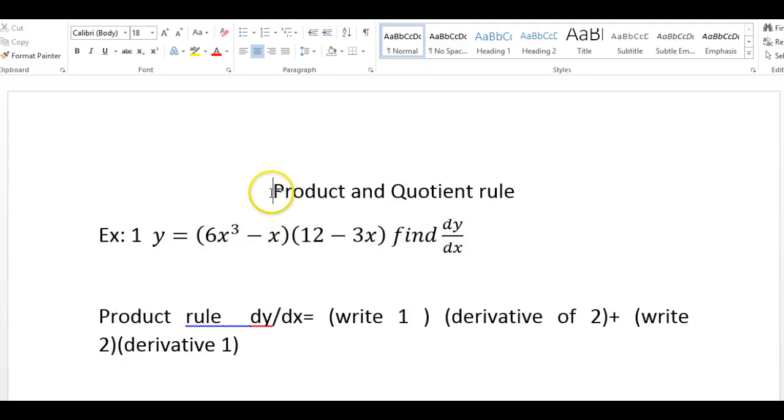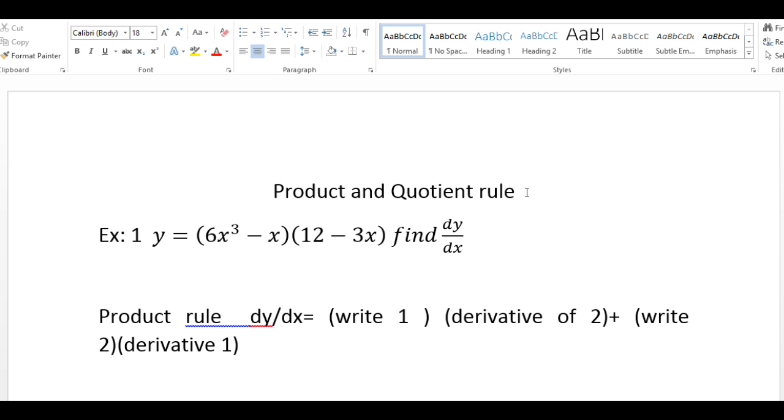So today we are going to learn about the product and the quotient rules. The product rule. Before, we learned that if you have a sum of functions and you want to find the derivative, you just take piece by piece and differentiate. Okay, so if you have, say, x squared plus 3x squared, then you differentiate x squared and then plus you